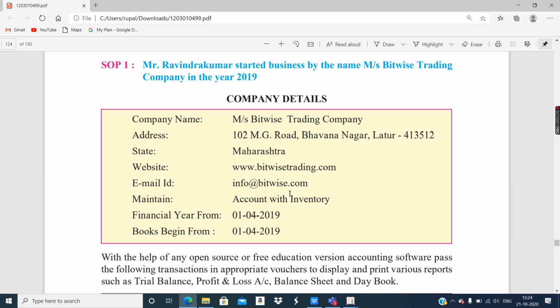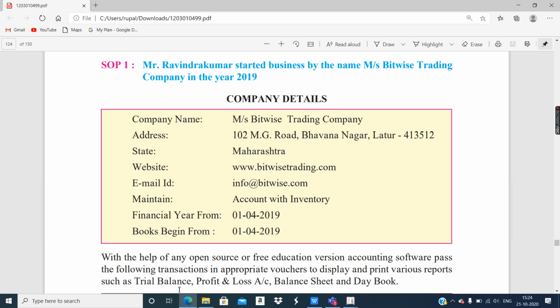Accounts only will allow you to create only accounting vouchers, no inventory vouchers. Inventory vouchers means purchase order, sales order, invoice, all those entries you can also do. But if you have accounts only, then you will be able to use only accounting vouchers. But the question tells us to maintain the company with accounts with inventory.